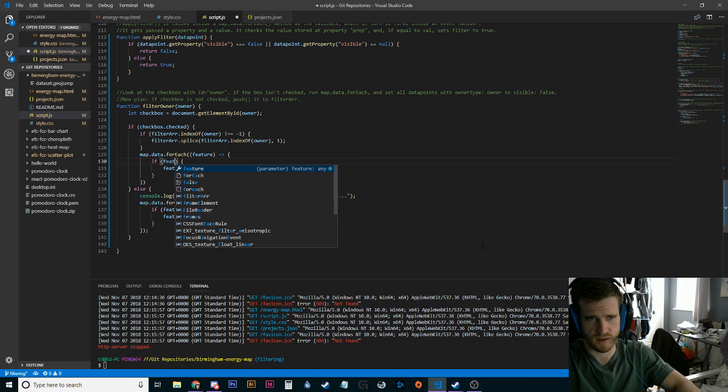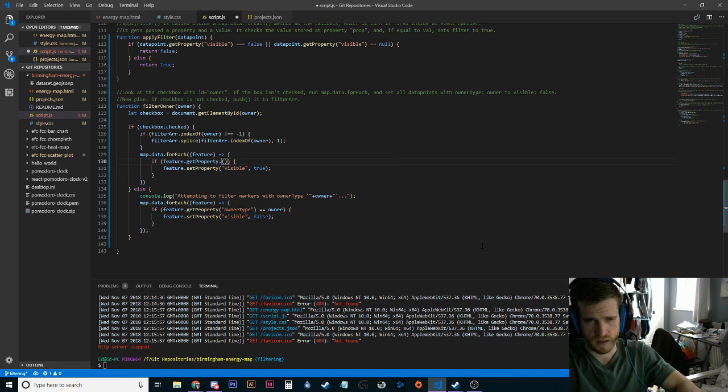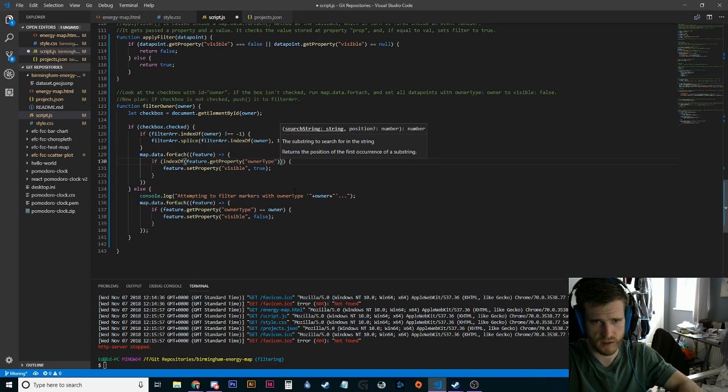If feature get property owner type is, that wrong. If index of feature property owner type,